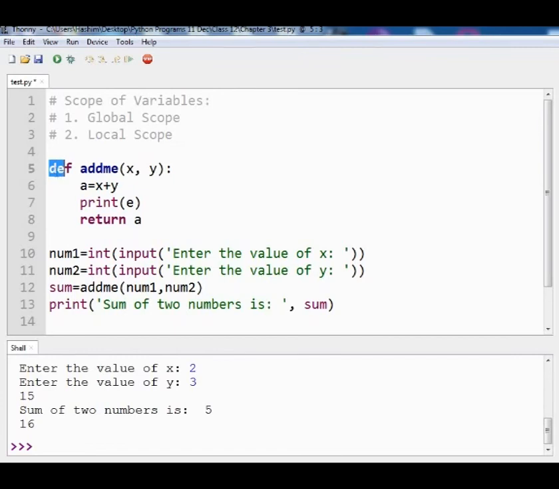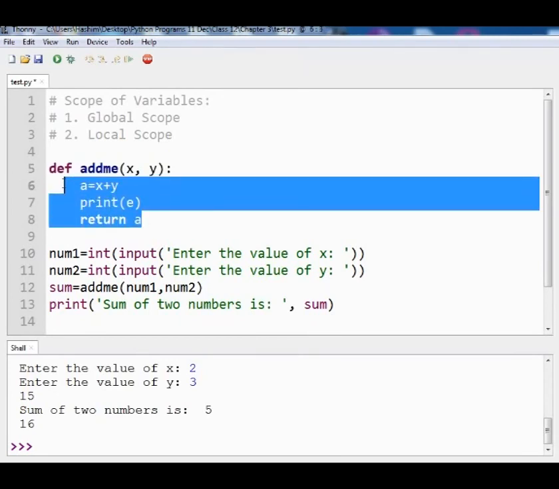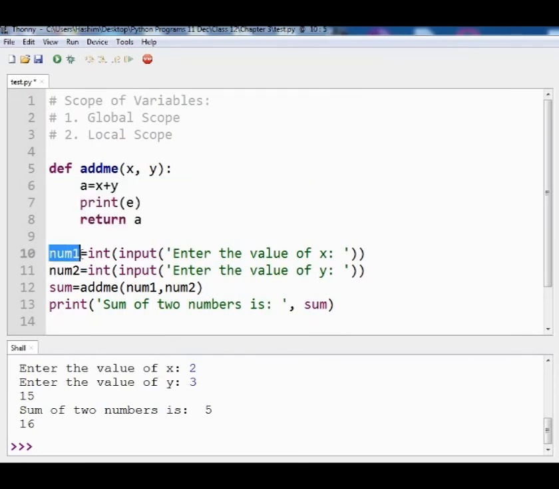So our first line is line number 5. Okay, so it encounters this definition keyword. So after this, the program knows that you have added a function. Okay, so after this def, these lines are just ignored. Okay, the command moves to line number 10.